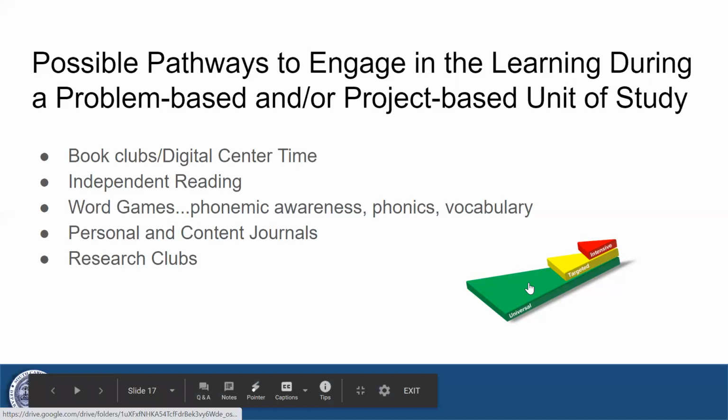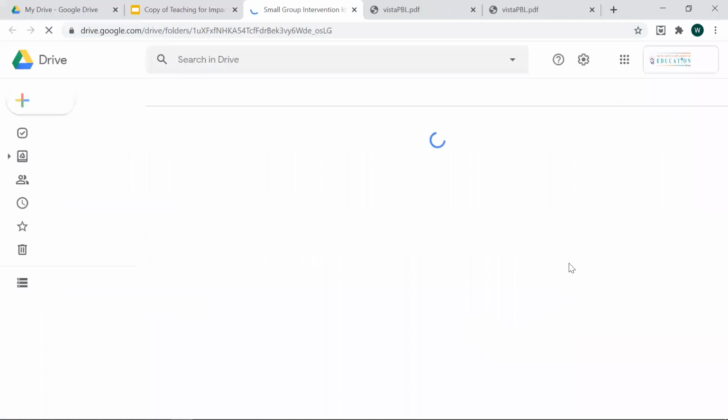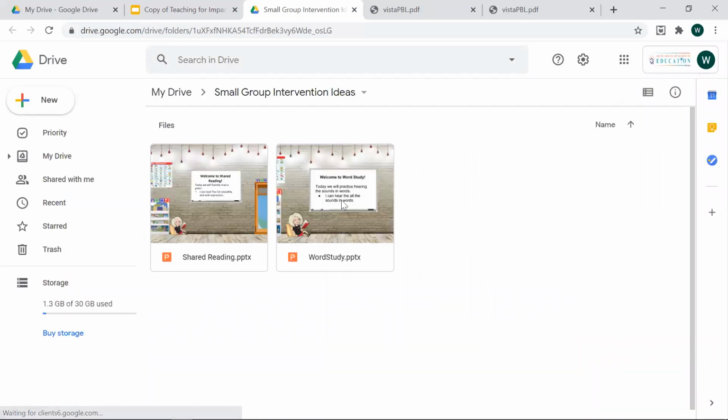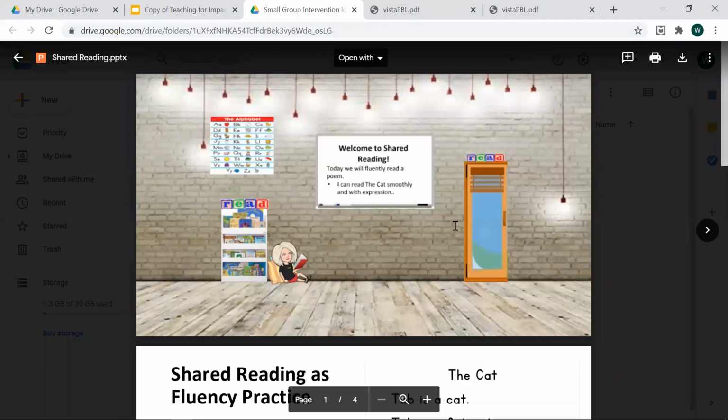So I'm going to click on this. And I'm going to go to the shared reading small group. And you see my virtual classroom, you see my learning intention and my success criteria.